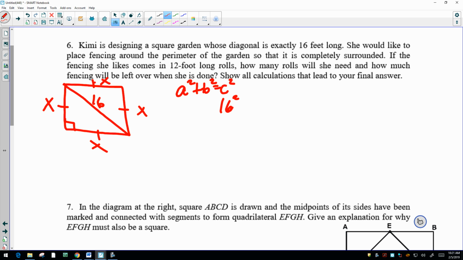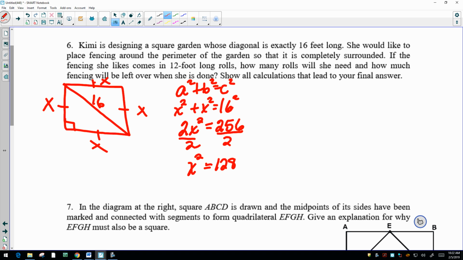So notice what we have. I have 16 squared. The a and the b are both x squared. Don't panic. Okay. Breathe through this. I have 1x squared plus 1x squared for a total of how many x squareds? 2x squareds. And if I did 16 squared, that's going to get us 256. Okay, I want to solve for x. Divide by 2. So now I have x squared is equal to